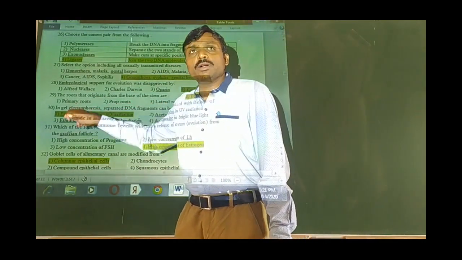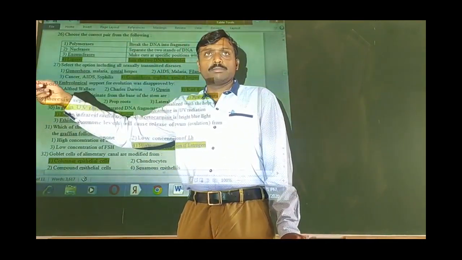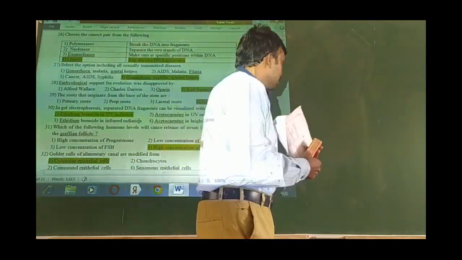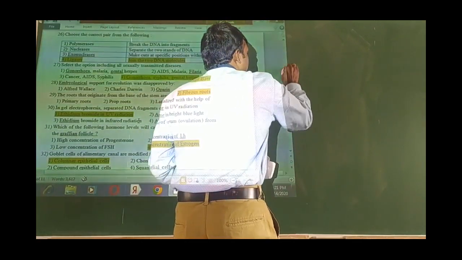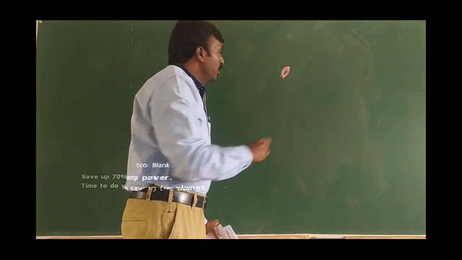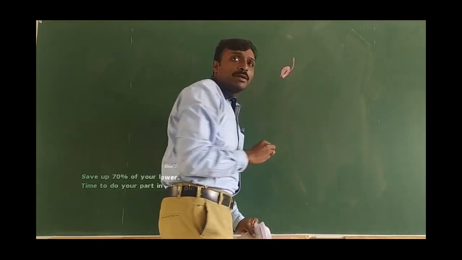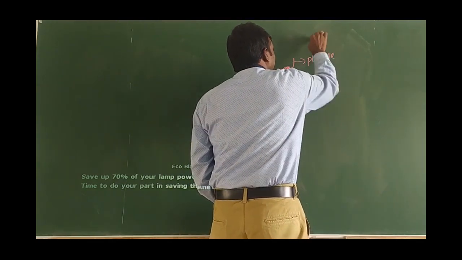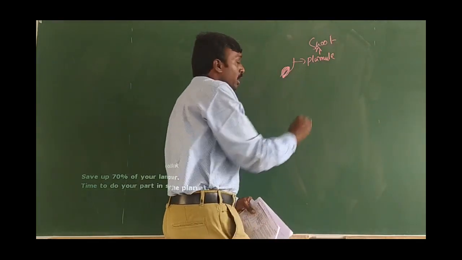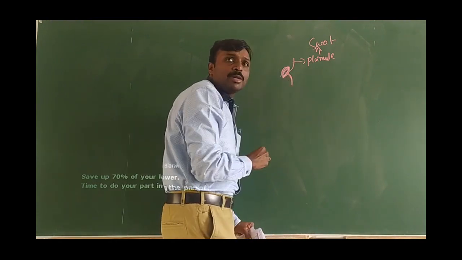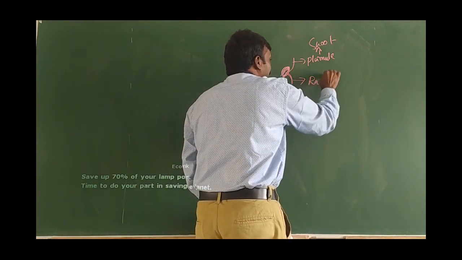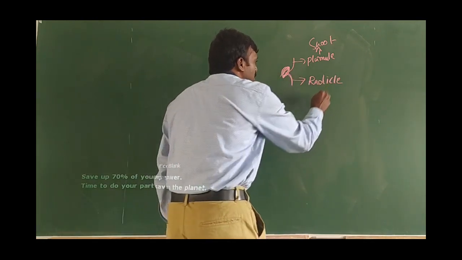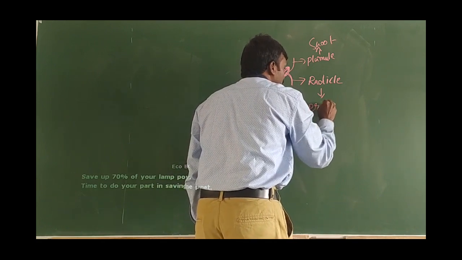Primary root is an embryonal axis. It doesn't come from the stem. If you remember, let us say this is a seed. When it germinates, it gives rise to an embryonal axis, namely the plumule, which later develops into a shoot. At the same time it gives rise to one more embryonal axis, which is called a radicle, not radical. So the radicle later develops into a primary root.